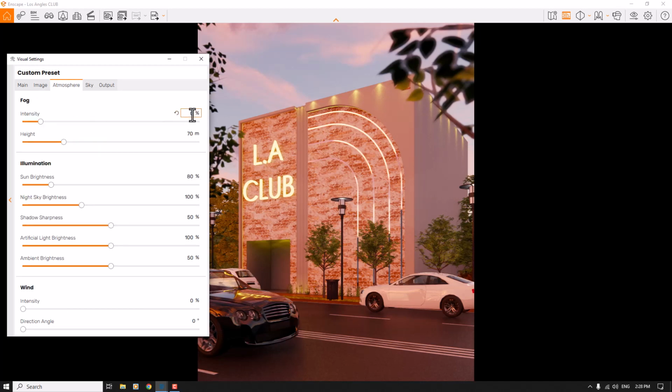going to turn off the fog option in here. Alright, some brightness related to the 40%, and I don't need any type of shadow sharpness, so I'm going to turn it to the 0. Artificial light brightness related to these spotlights in here. When I increase it, as you can see, the power of these spotlights will increase and it makes your render